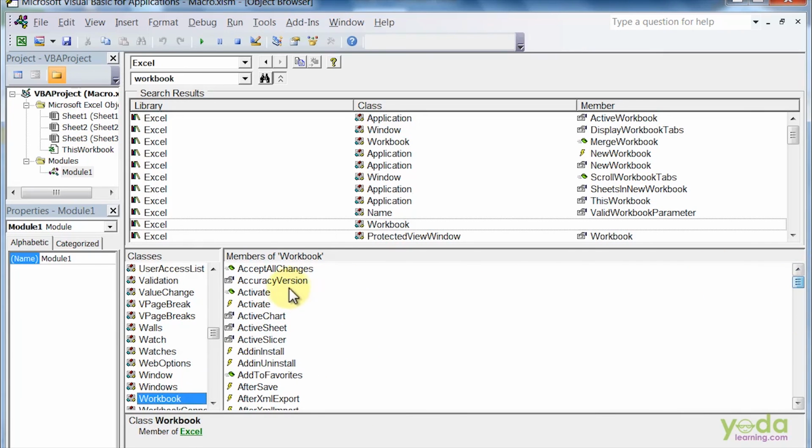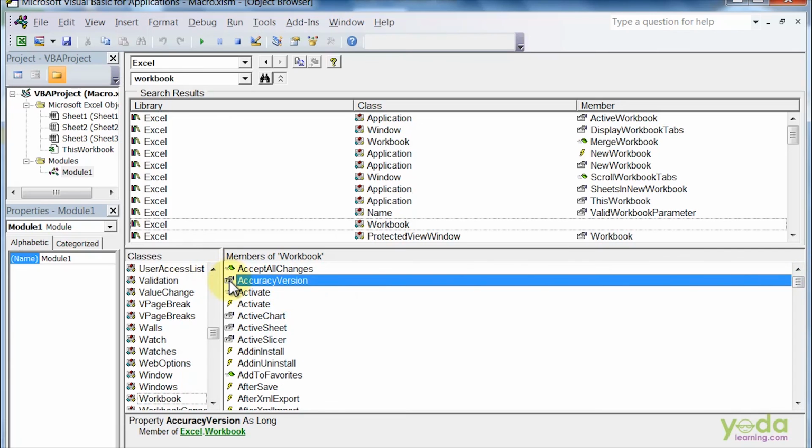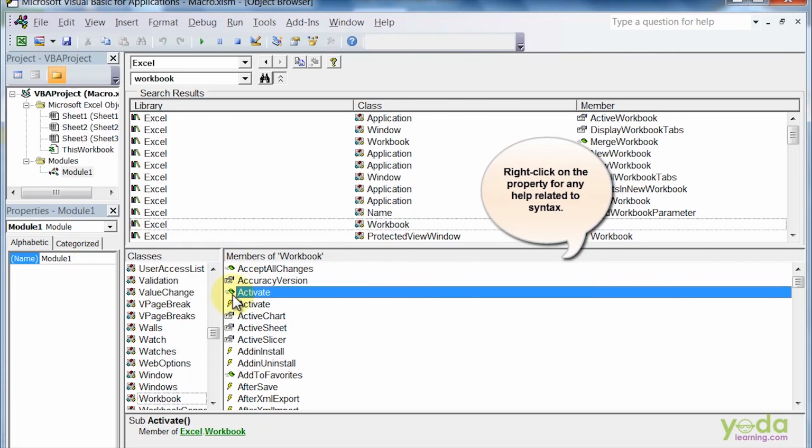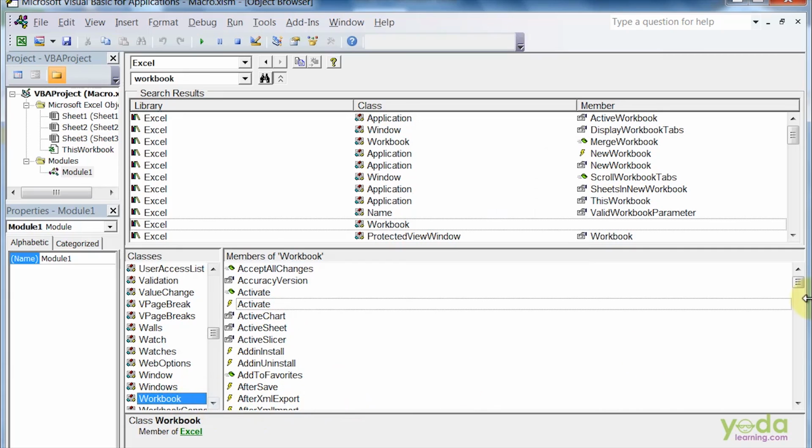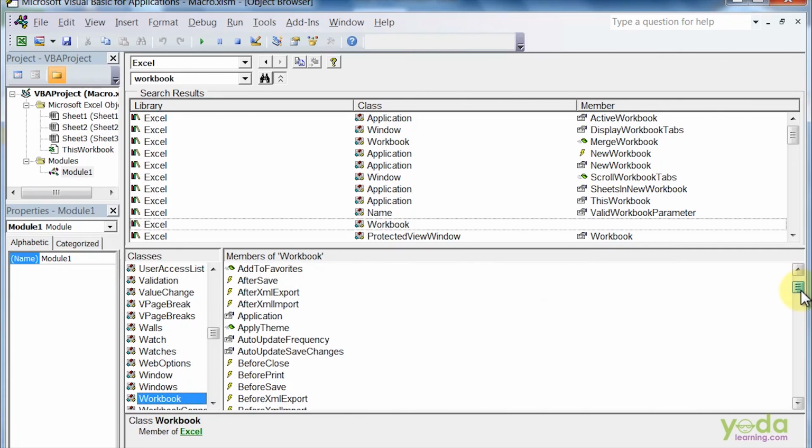So you'll get the properties here, the pointer that you see over here with the hand pointer. This is known as a property. If you see a green pointer, this will act as a method, and the yellow pointer will indicate an event. So there are various properties and methods which are related to the object. As we have already discussed, properties are nothing but the qualities of an object, and methods are the actions related to any object.